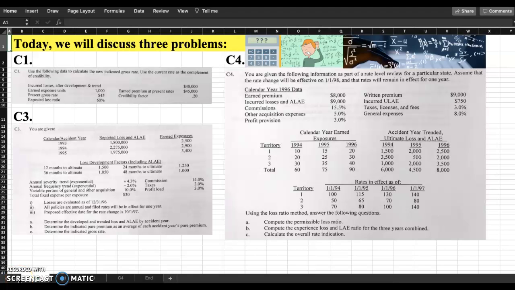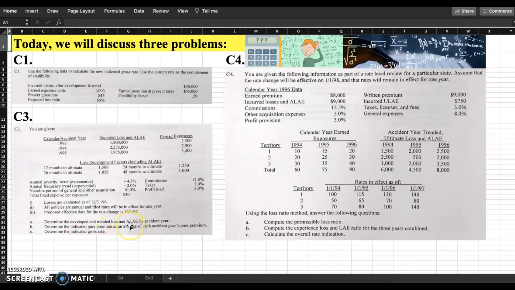Hello, today we're going to talk about three problems. The first one is using the following data to calculate the new indicated growth rate, and we use the current rate as the complement of credibility. The second problem is we are given the following table, and we need to find the developed and trended loss